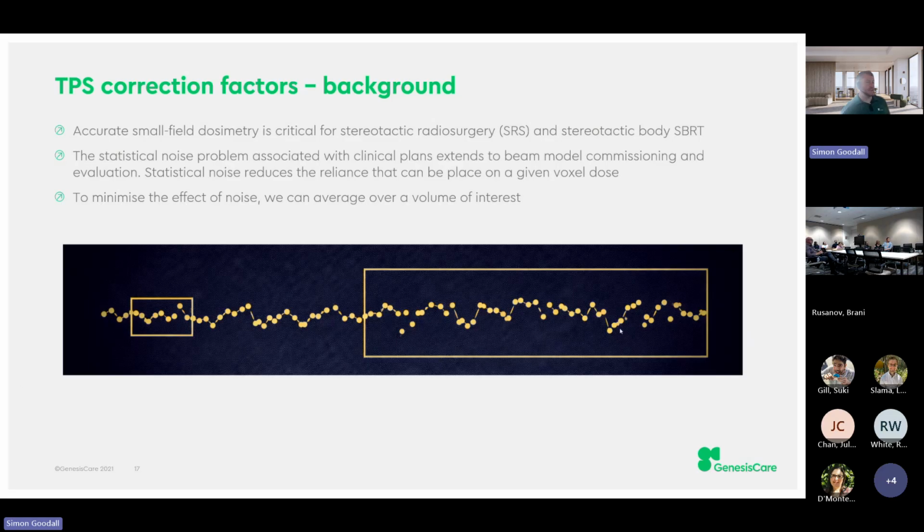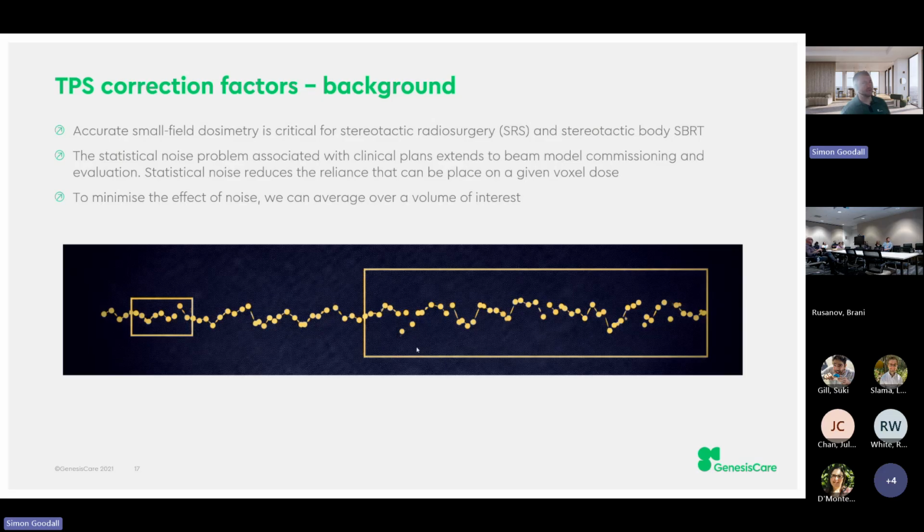So this is, I guess, a very rough sketch. If you can imagine some kind of standard line here, which has a bit of noise going across the screen. What we want to do to try and determine the mean value of that line is to take an average over a small volume, so that we don't just get a number that's quite so affected by the noise. Now, in a small field, we need to take a small volume to be able to determine an average, but that means we're still a bit more susceptible to noise interactions.